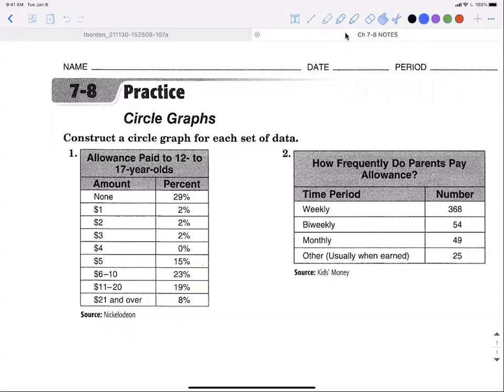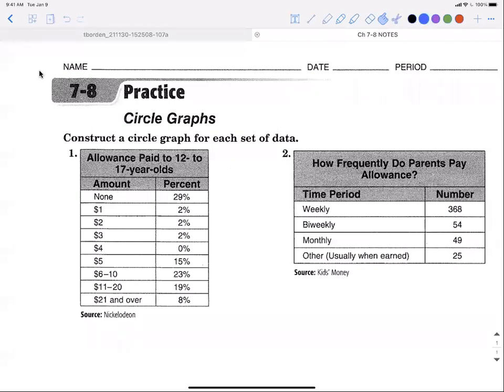All right, our last section in chapter 7 is 7-8, and it's dealing with circle graphs. The reason circle graphs go really well with chapter 7 is because circle graphs are all about percentages, and that's what we have been dealing with for the past 2 weeks: finding percentages of two numbers or finding a number based on a percentage. We're going to use all of that to decipher these circle graphs and